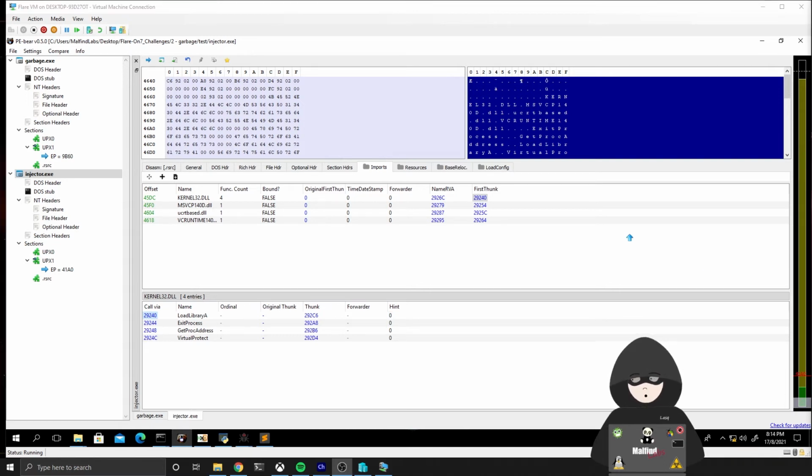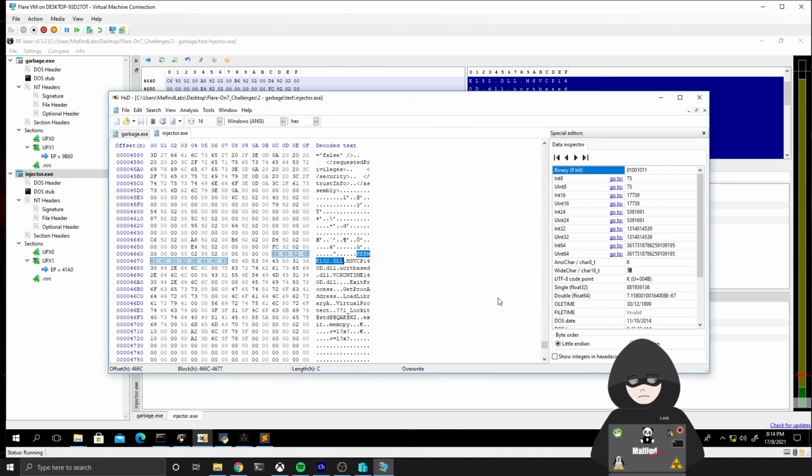So now what we need to do is basically replicate what we have in our injector.exe in our garbage.exe binary. It can be actually as easy as copying all of this. Yeah, like I said, PE-bear is sometimes tricky. I honestly have no idea how to make this selection work the way I want. That's why I will use the